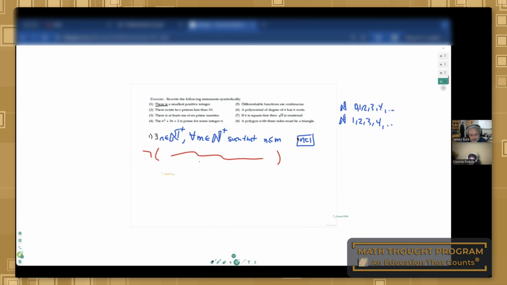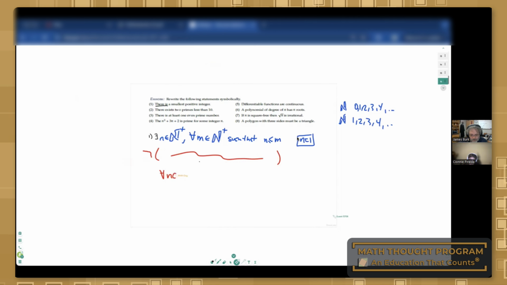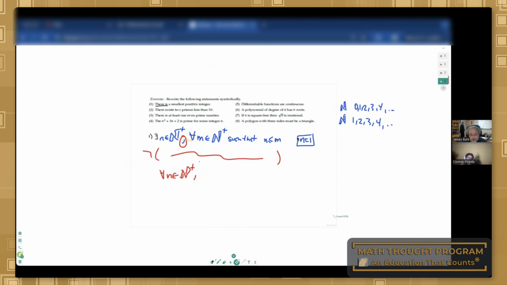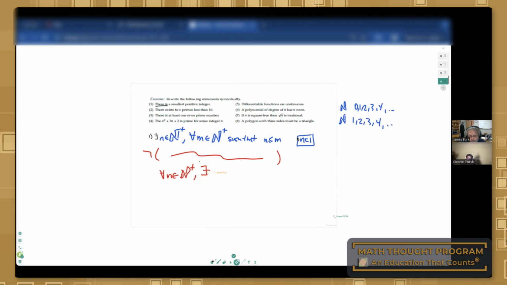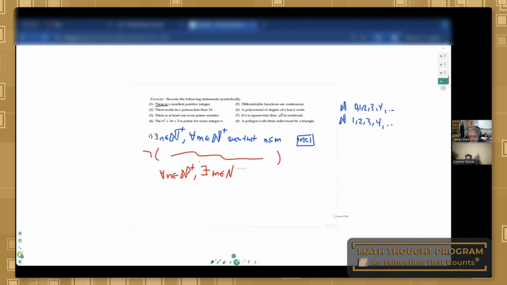I would change there exists to for every n in N. Good. Now I change it to an or? Well, instead of actually, an, you would kind of just leave that alone. Okay. And there exists an m in N, such that